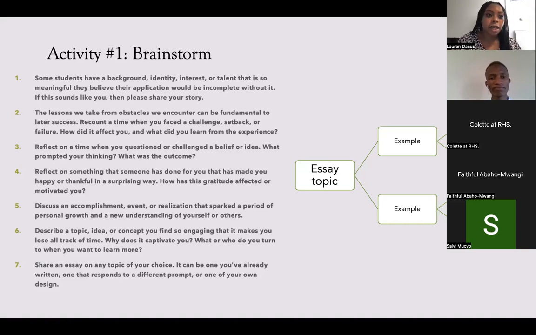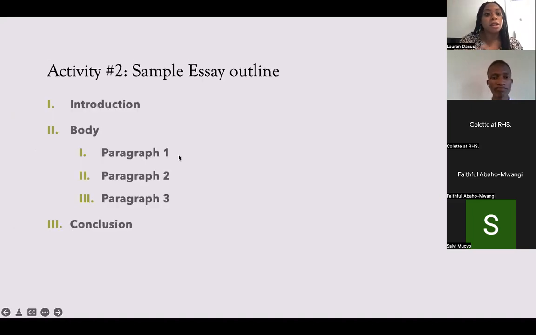So the next activity is one you're going to do on your own in your own free time. You're going to take the brainstorming that you did, and this is for everyone. Everyone, you'll take your brainstorming and you're going to start to write an outline. Now, sometimes people don't write with an outline, they just free write. But an outline helps you structure your essay and maintain structure so that as you're writing, you're keeping your thoughts organized. And so a common outline is to start with the introduction.